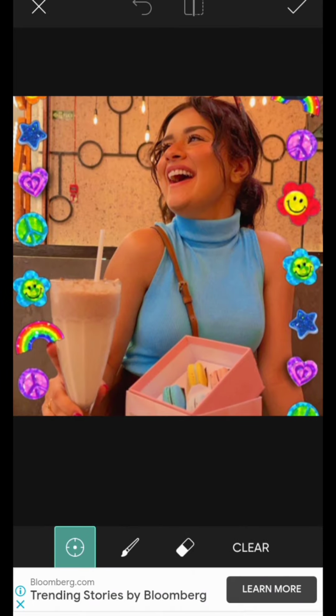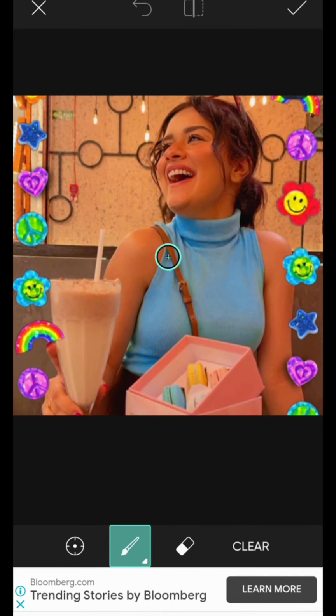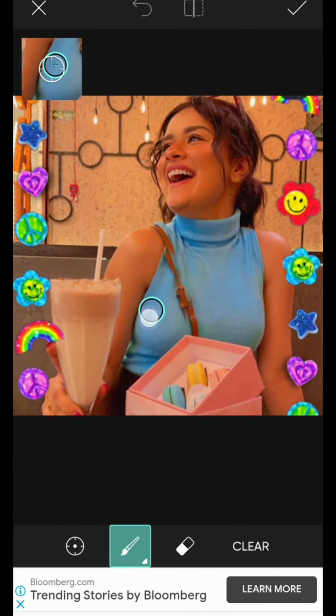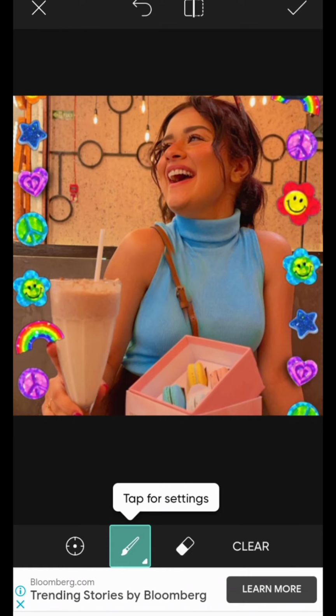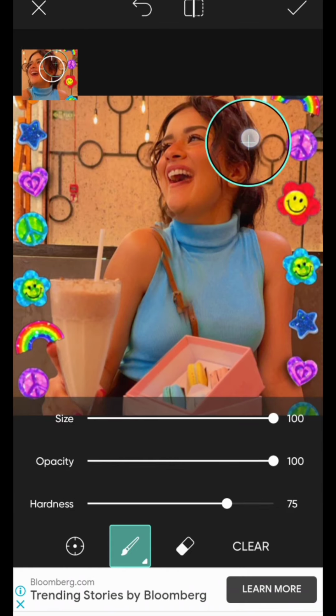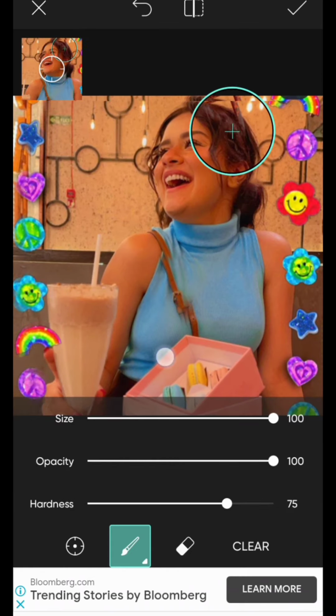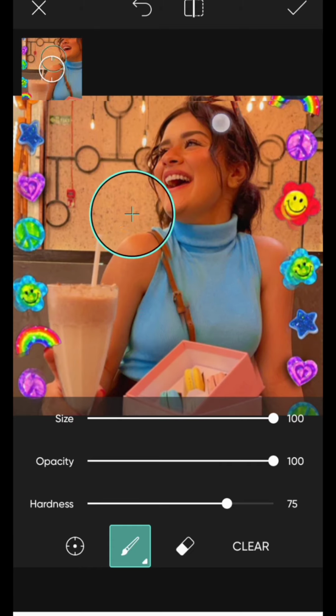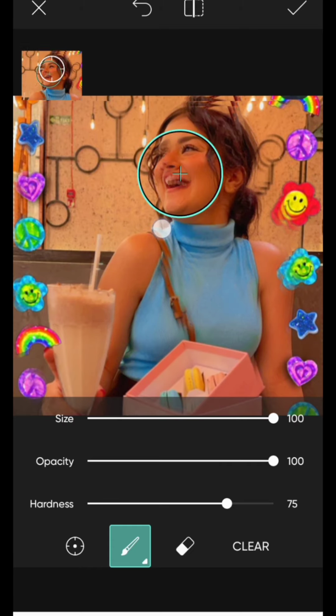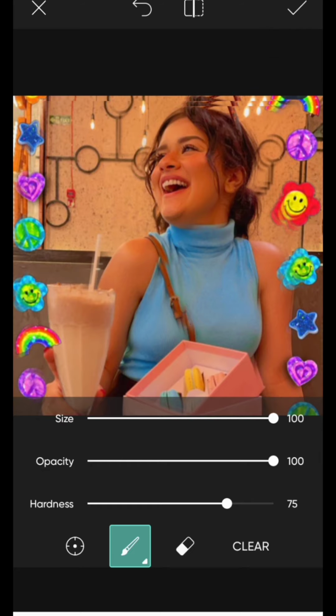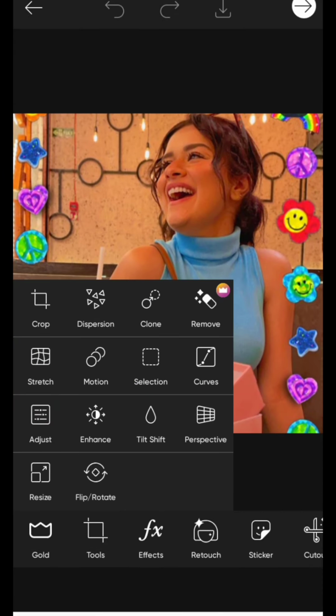This is clone. So in the clone, suppose I have turned it here, then tap here and size. This is what the clone does: it just moves your picture up and down like this, as you are seeing on my screen. Okay, the next is remove. This is of Gold. So if you buy Gold you will get this option.